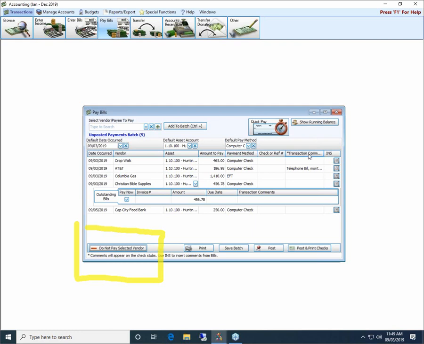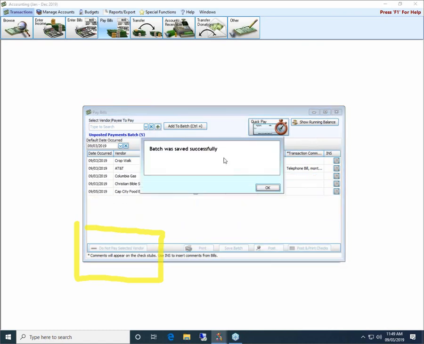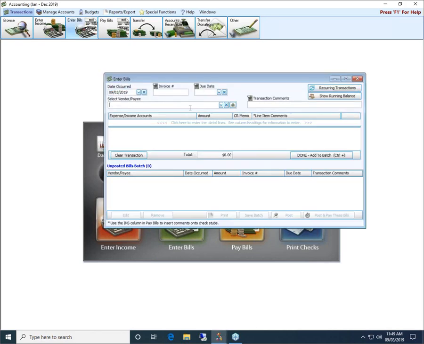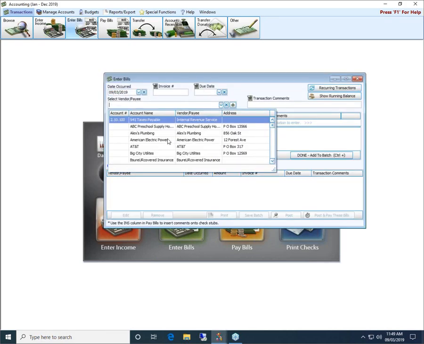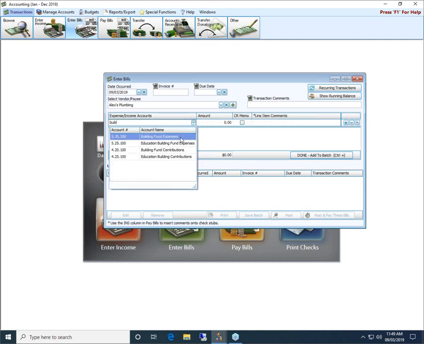All right, so finally on page 32, we've got about a minute left here. I'm going to close out. I'm going to save this batch, and it says batch was saved successfully. If we go back to enter bills, and I choose a particular vendor from the list, and I enter a bill for them,